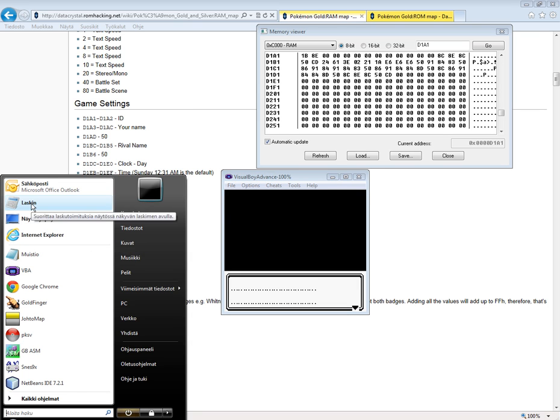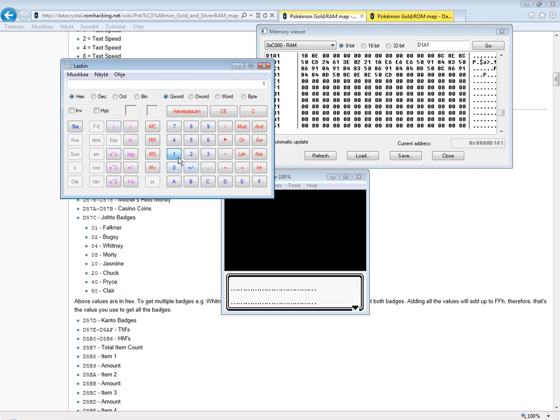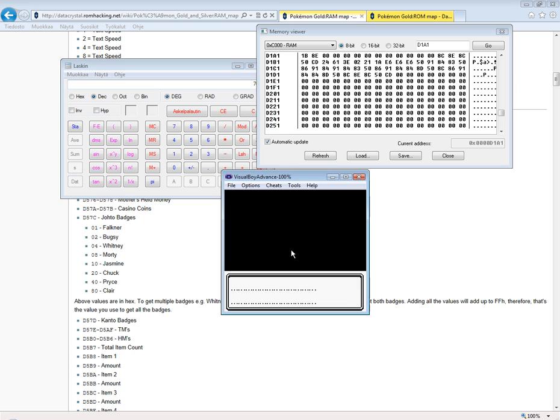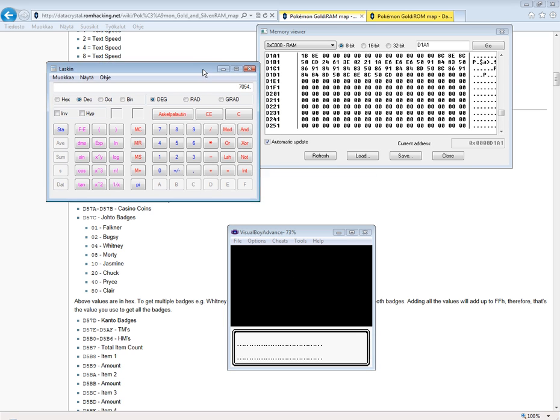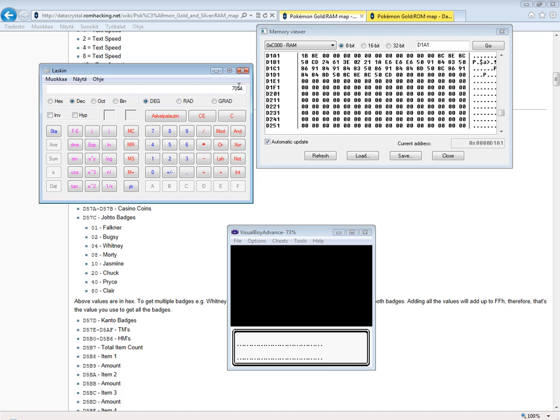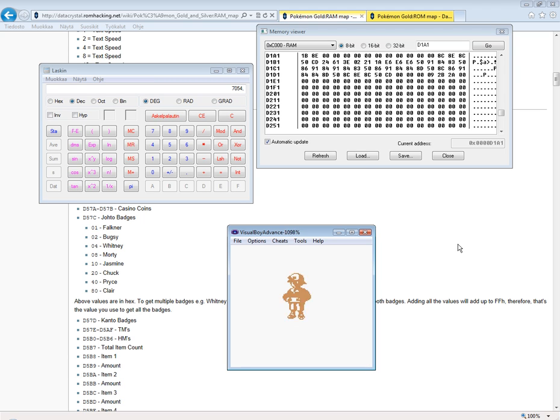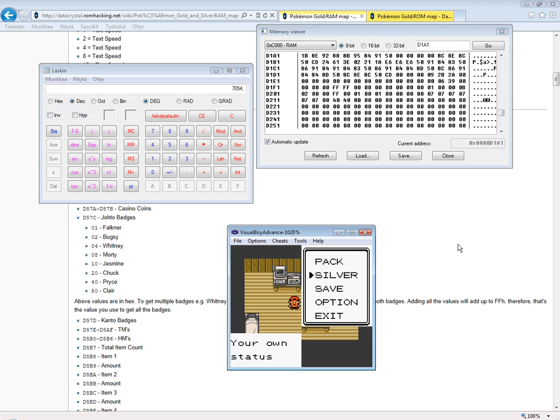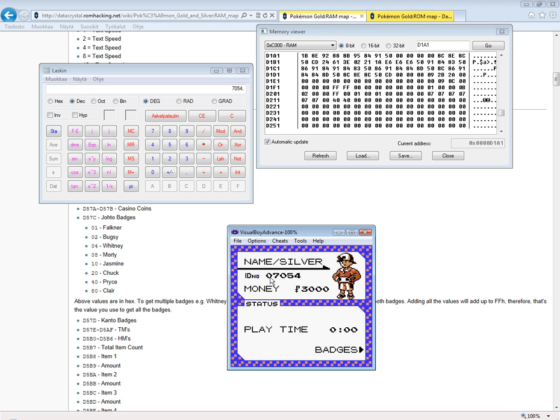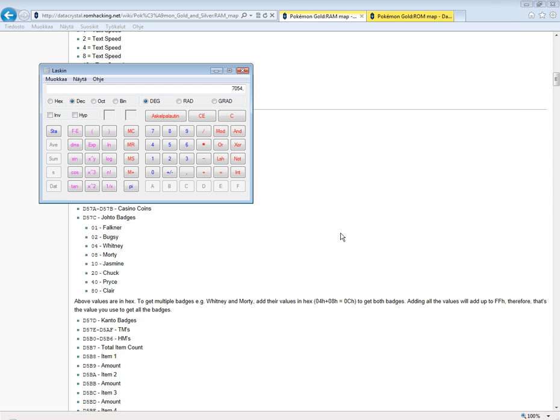Our current ID number is 1B8E, standing for, probably it has it written in the game, 07054. Let's just check it out. Yeah, like you saw,